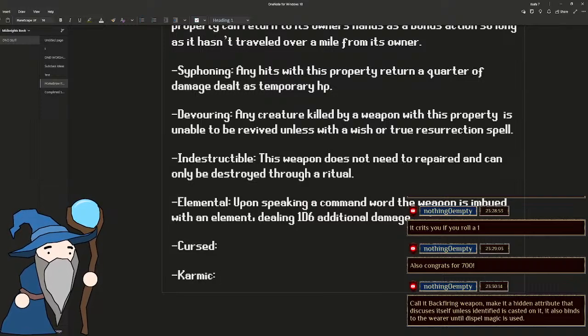Call it backfiring weapon, making it a hidden attribute that essentially disguises itself unless identified as casted on it. It also binds to the wearer until dispel magic is used. I feel like backfiring would always make it a negative, and so people wouldn't use it, but if we make it a little karmic, then they might be inclined to use it. So pretty much on a successful hit,